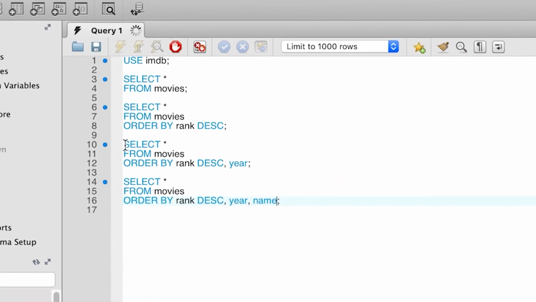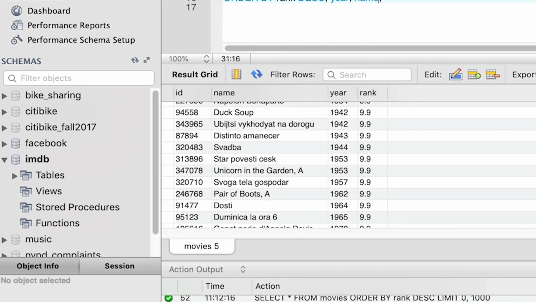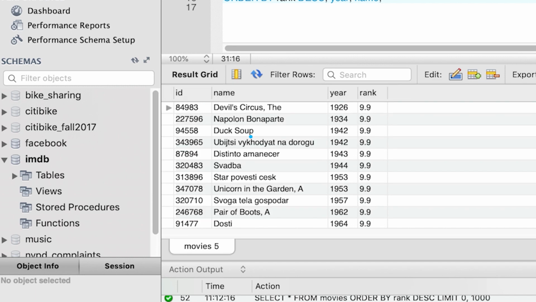And now when we run the query and see the results, we have Duck Soup, which goes before the other movie. And that's an example where now we order movies based on rank, then based on year, and then based on name. And you can see this is how we achieve a sorted order that uses 3 attributes.